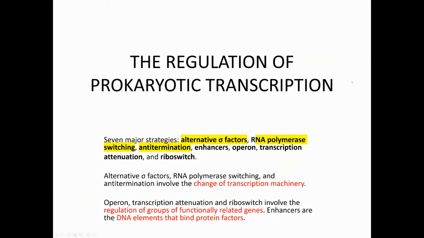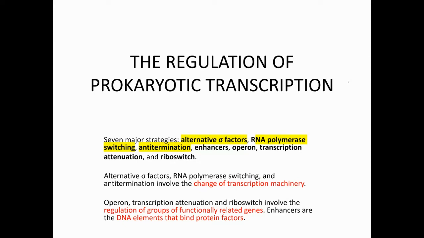All right. So for the prokaryotic transcription, as we know, in the genome, for example the E. coli genome, there are more than 3,000 genes. So it is not possible for the machinery to transcribe all genes at once. So they must have a control. Some genes may be active all the time because they are housekeeping genes, so they have to be transcribed all the time. Some genes must be regulated, because